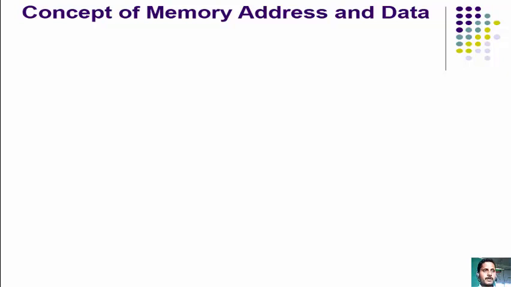Then the concept of the address and data. So this memory address and data we will compare with the postman and the postcard. Suppose a postcard is available with the postman. To deliver that particular postcard, the postman requires the exact address of the receiver. Suppose one city is there, and he doesn't know the exact address of the particular person or the exact location of the home in the city.